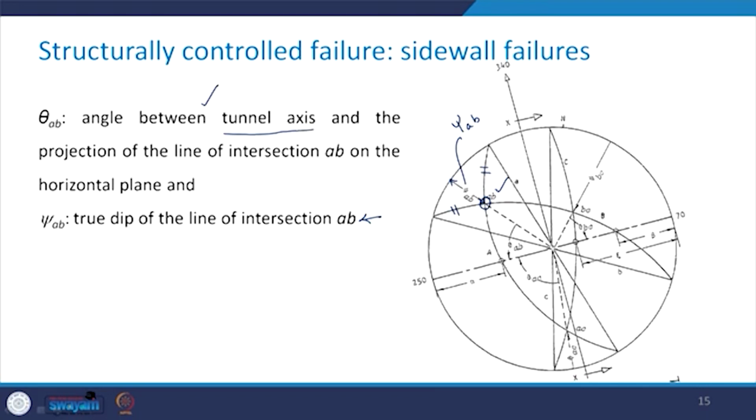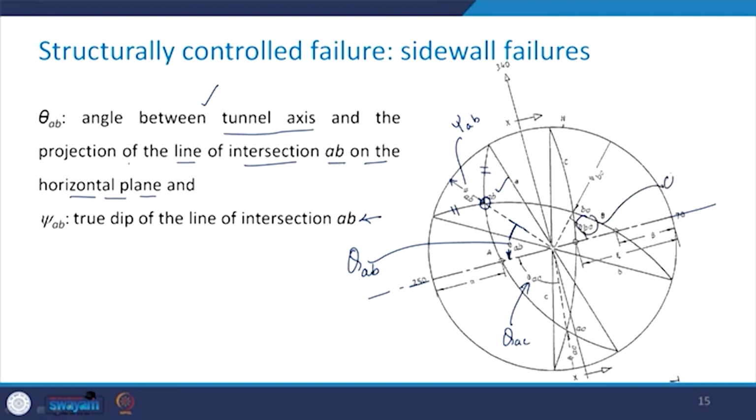So, where is the tunnel axis? This is the tunnel axis, and the projection of the line of intersection on the horizontal plane. So, the horizontal plane, its projection is going to be this one. The angle between these two is going to give me the angle theta AB. Similarly, I can find out the angle theta AC in this manner,